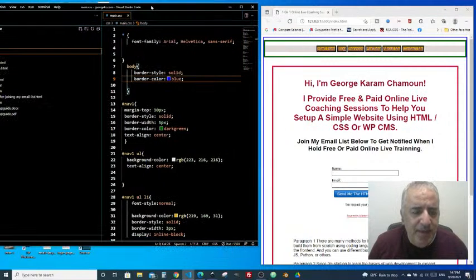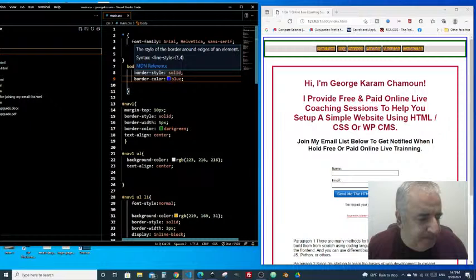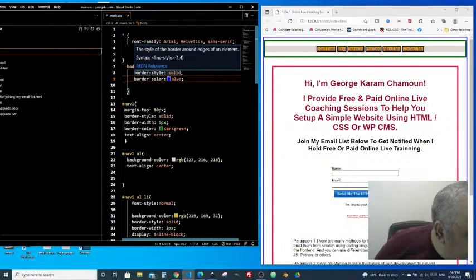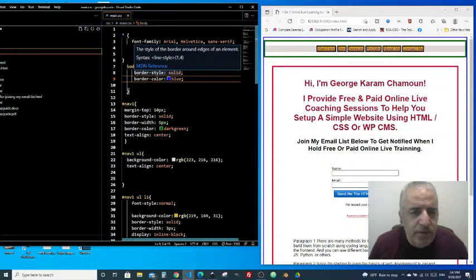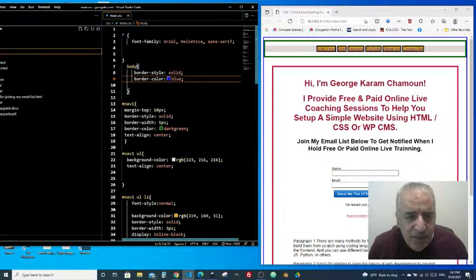Okay, the format is, you type the element from the HTML page, the element you want to target, and in this case it's called the selector. I think the selector, yes, the selector. And then inside it, it's gonna be called the declaration, and the declaration consists of the